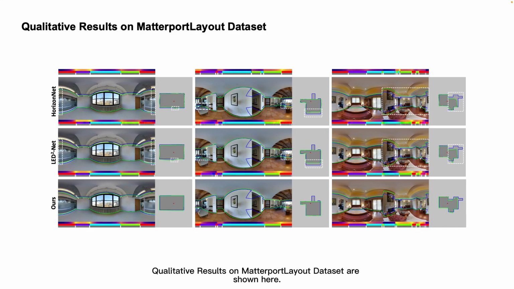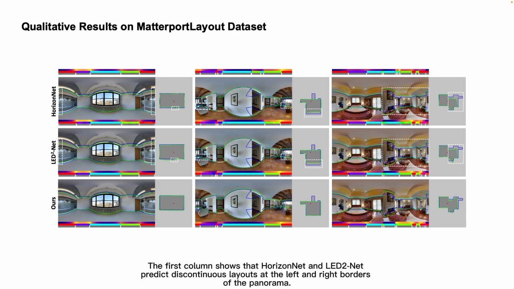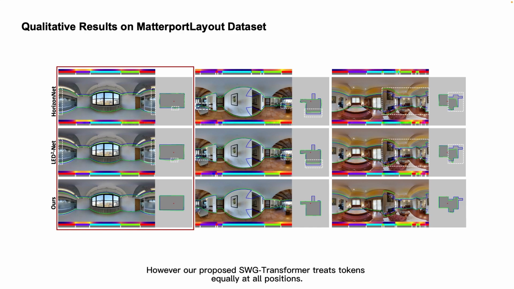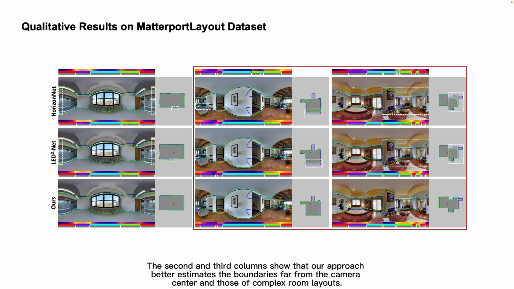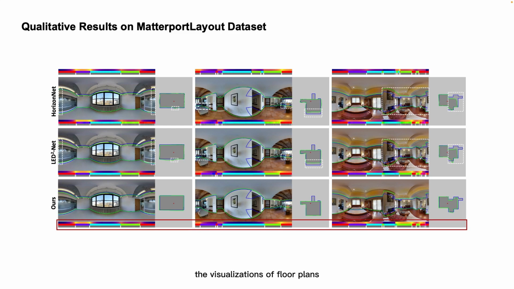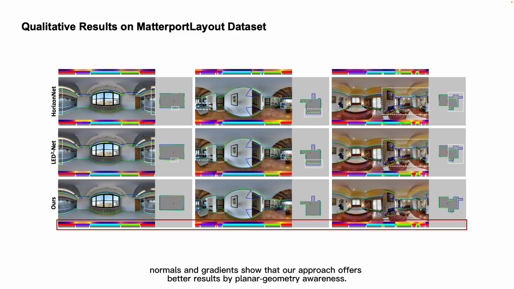Qualitative results on the Matterport layout dataset are shown here. The first column shows that LGT-Net and LGT-Net predict discontinuous layouts at the left and right borders of the panorama. However, our proposed SWG transformer treats tokens equally at all positions. The second and third columns show that our approach better estimates the boundaries far from the camera center and those of complex room layouts. Meanwhile, the visualizations of floor plans, normals and gradients show that our approach offers better results